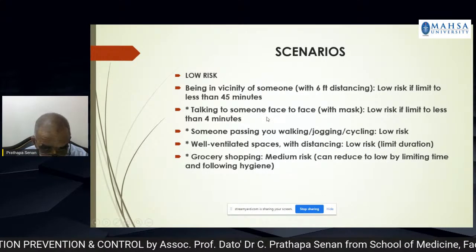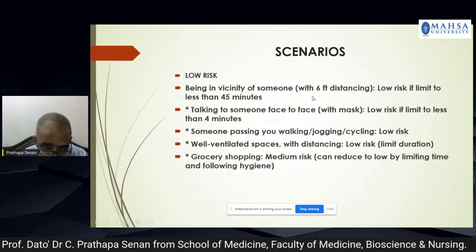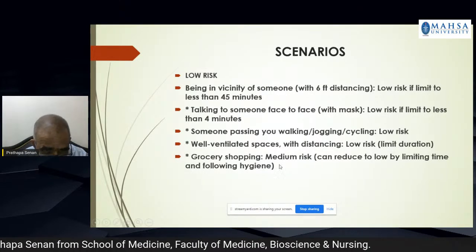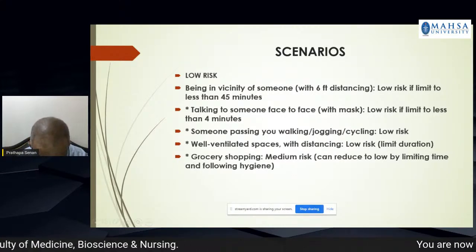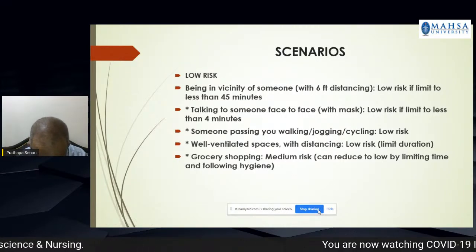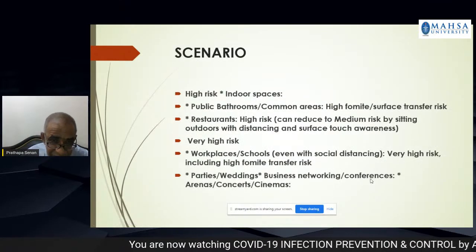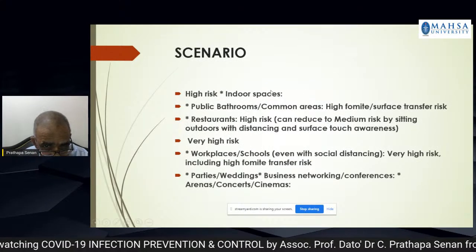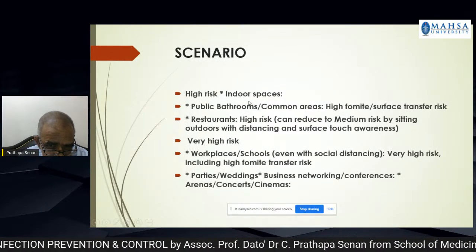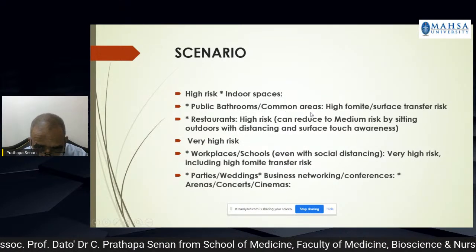Okay, here we have to talk about distancing without masking and distancing with masking. Distancing without masking is slightly higher risk, not to say high risk, slightly higher, but it's reduced when you wear a mask. High risk cases are indoor spaces where you spend some time with a person, public bathrooms, common areas,